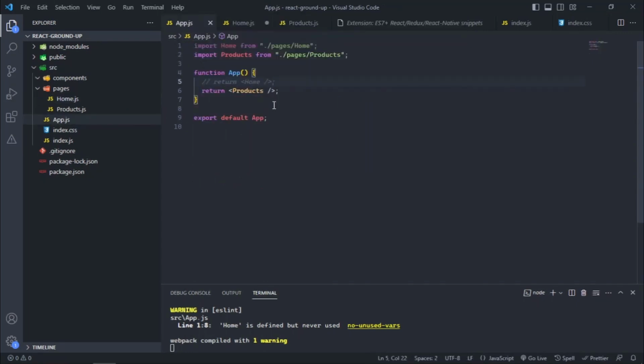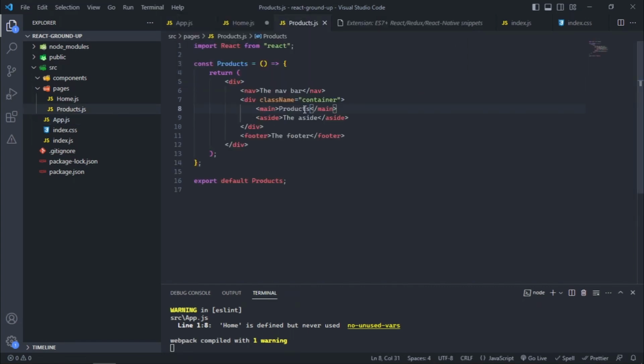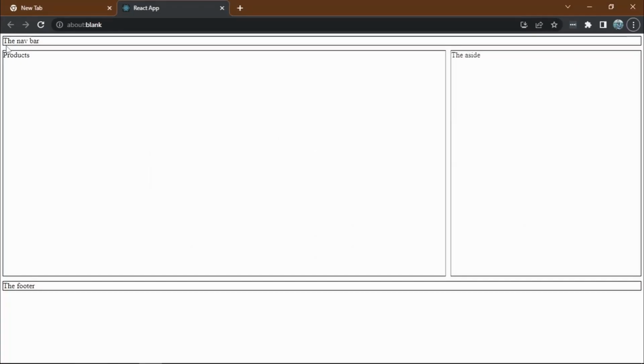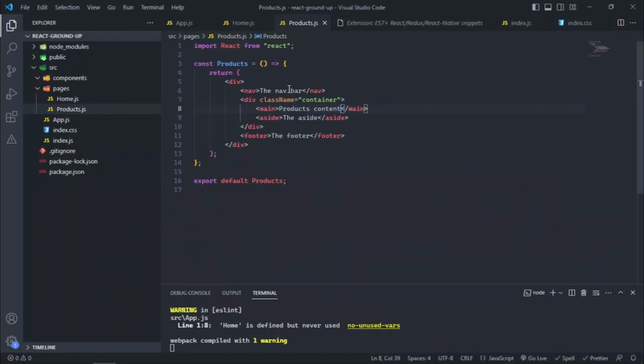Yeah, and in products I'm going to call this products content. Okay, so if we save this, we see that products here has products content. That's actually what we desire, but that's code repetition because I've copied everything that was there, the navbar, the footer,